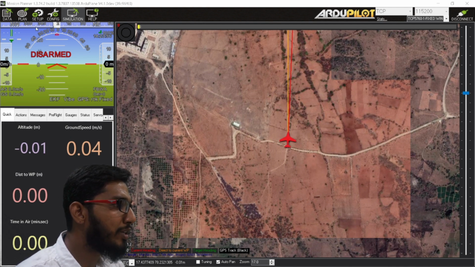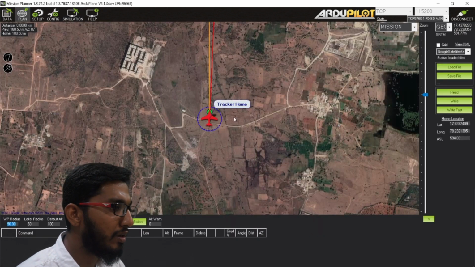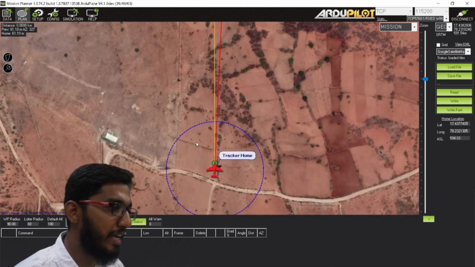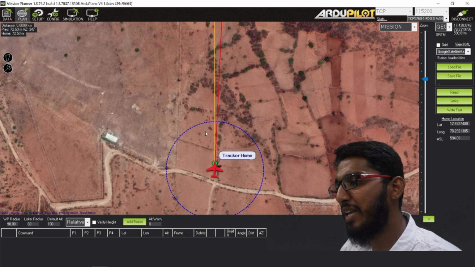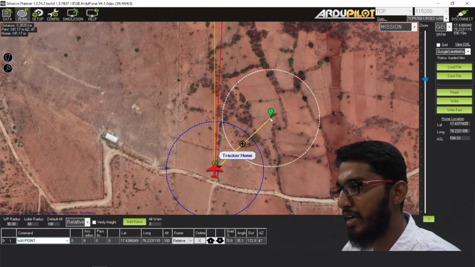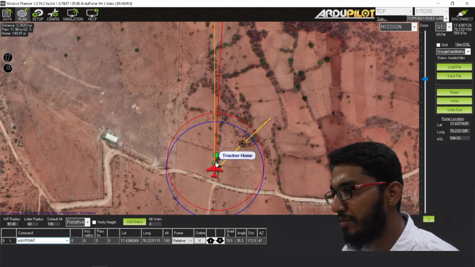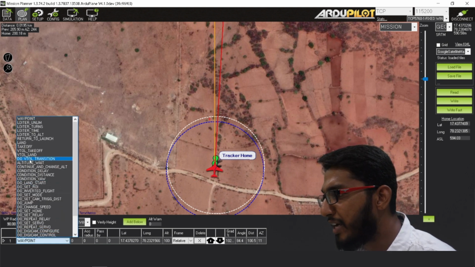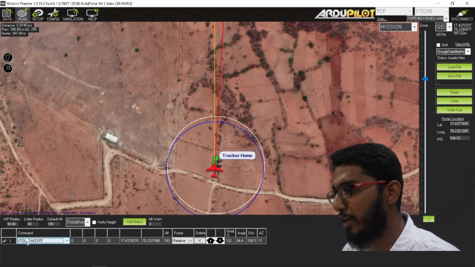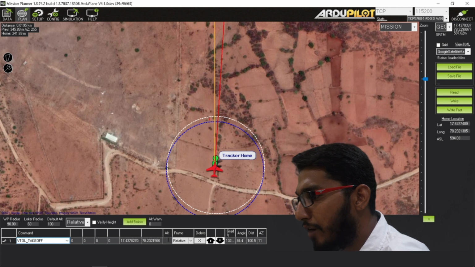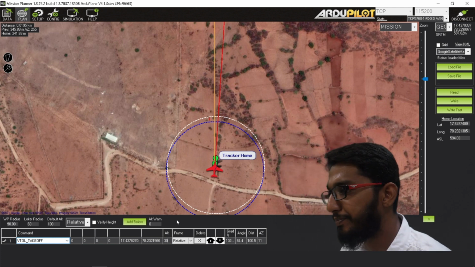Now what I am going to do is a mission. Go to the plan window. Again I am at my home position. I want my quad plane to fly in guided mode. How to do a guided mission? The same thing follows for the survey mission also. Here I am going to take one point and get that point closer to the home location, and for that point I am going to expand this one and do a VTOL takeoff. You see this option, VTOL takeoff, and take off up to an altitude of, let's say, 30 meters.